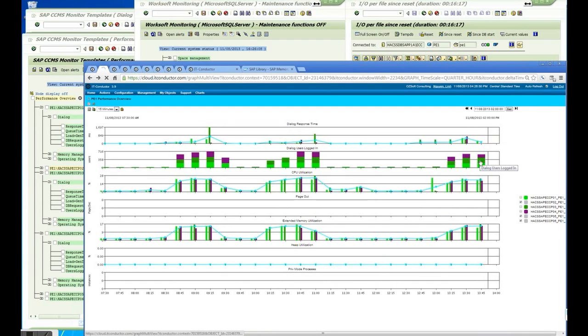Let's take a look at IT Conductor, which is our monitoring tool, hooked up and monitoring the environment. We have the overall performance of the PE1 system. Currently it shows the last test that we did. It should refresh here soon, but